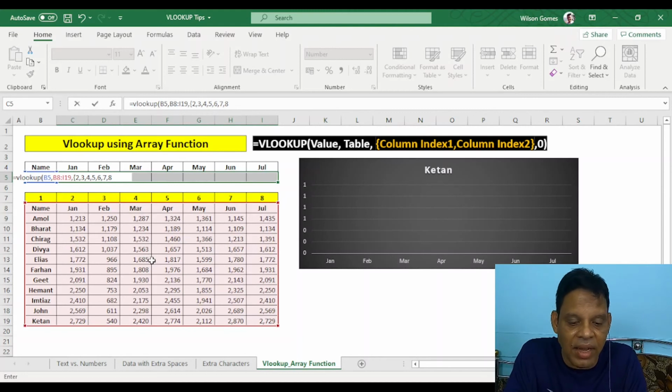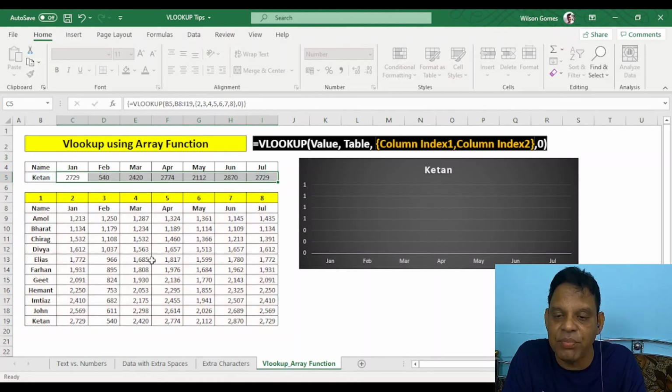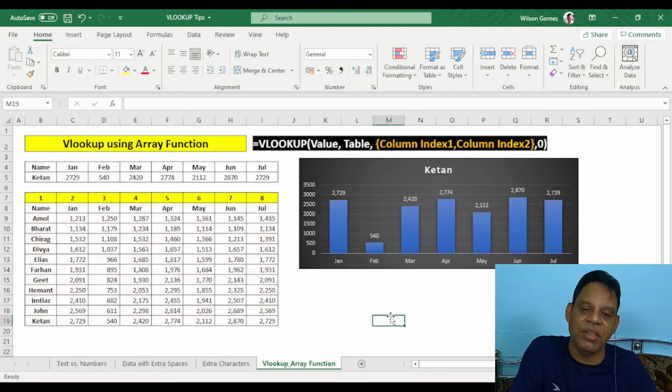Then again I will put that curly close bracket, comma, I want exact value, then I will put 0, close bracket, then I have to press Control Shift and Enter. Here I have got it.